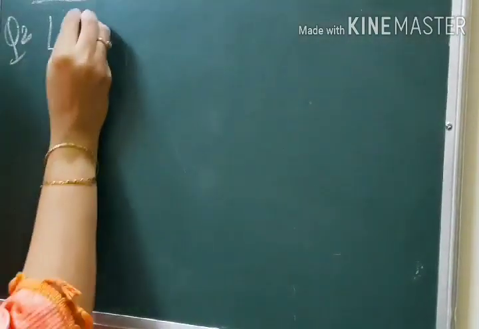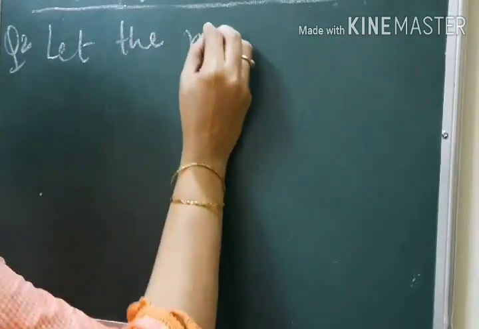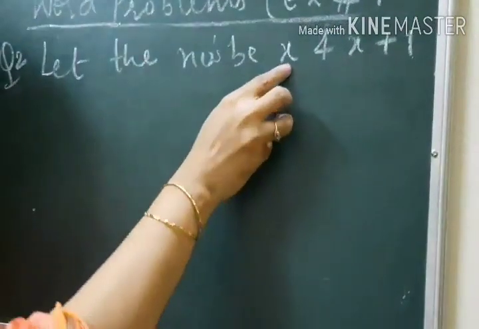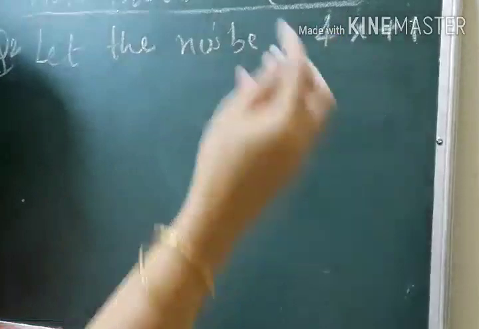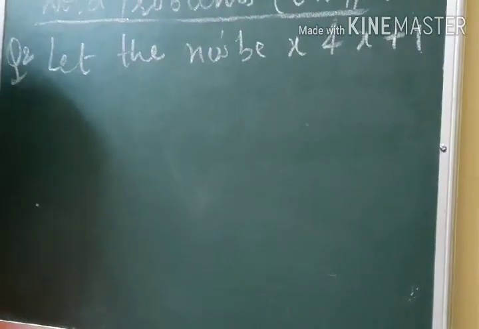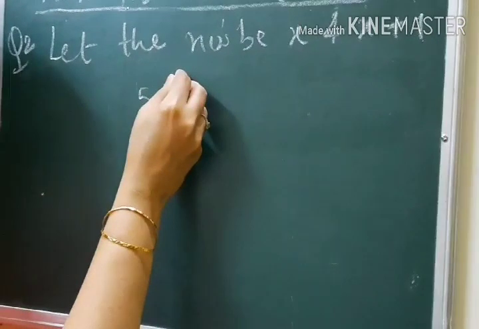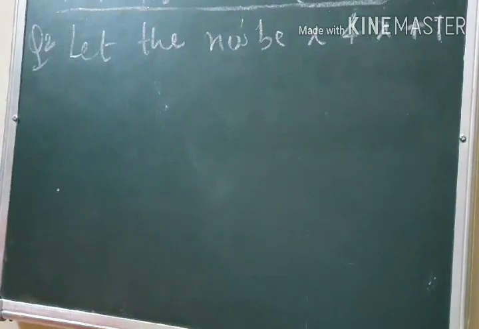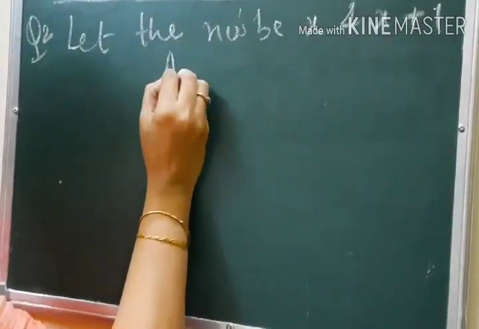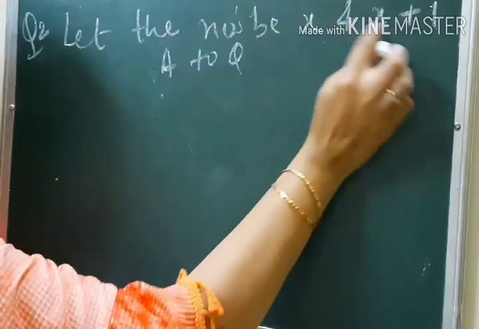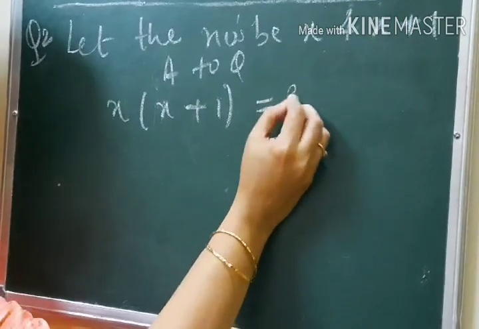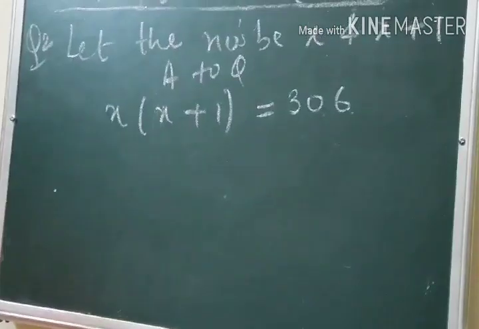That means you don't know both the numbers which you are taking. So let the numbers be x and x plus 1. So first number if I am taking as x, another number I have to take as x plus 1 only, because I have to take consecutive. Like if the number is 5, 5 plus 1 is 6. So I have to just add 1 to the number which I am taking. I am taking x, so the next number will be x plus 1. So according to the question, when you take their product, answer is 306. This is given in the question.